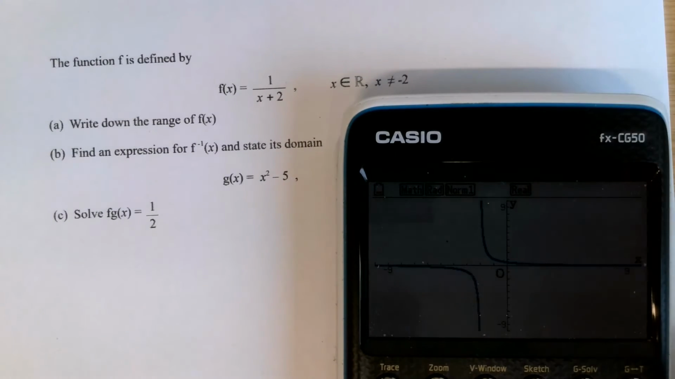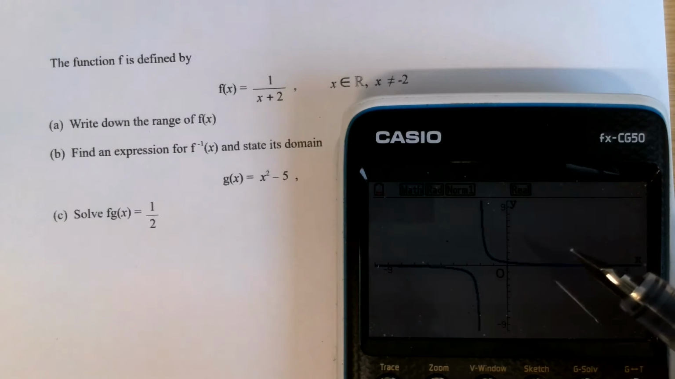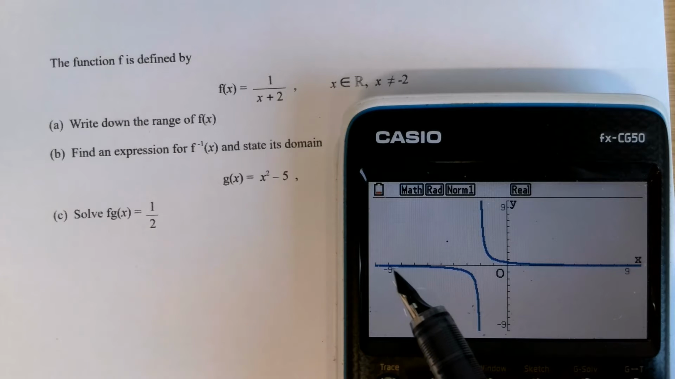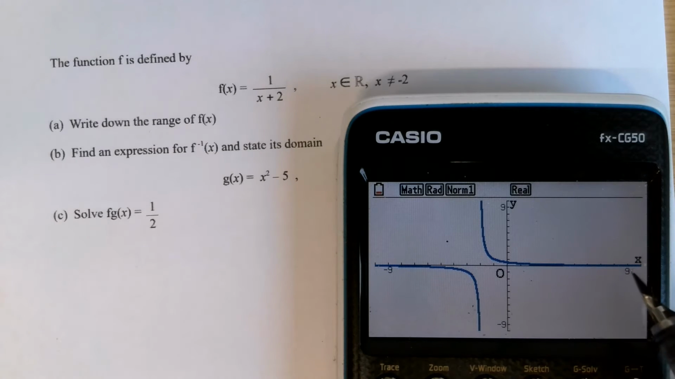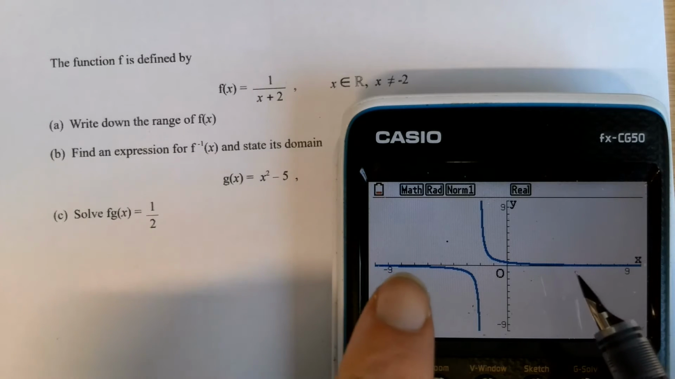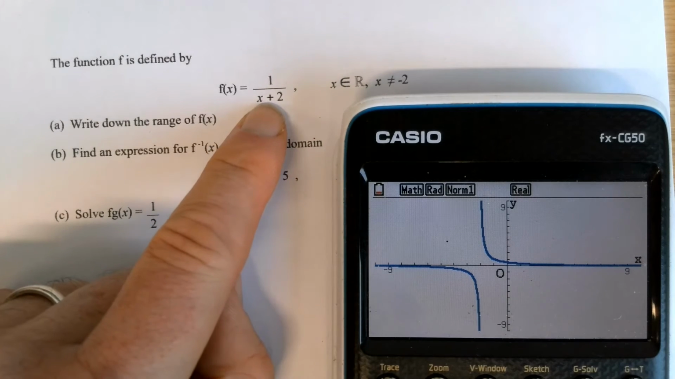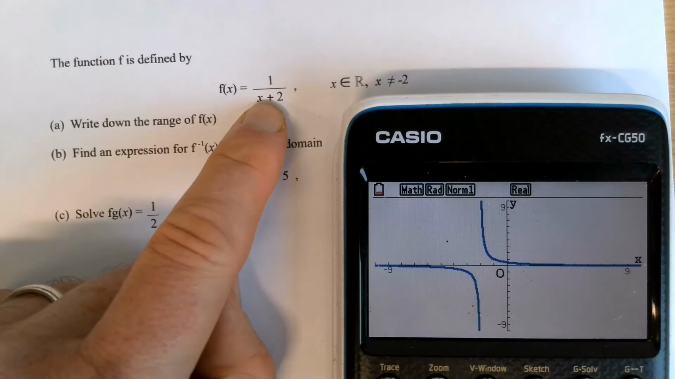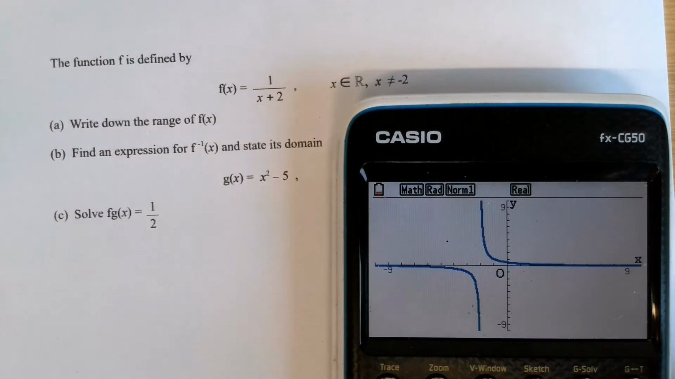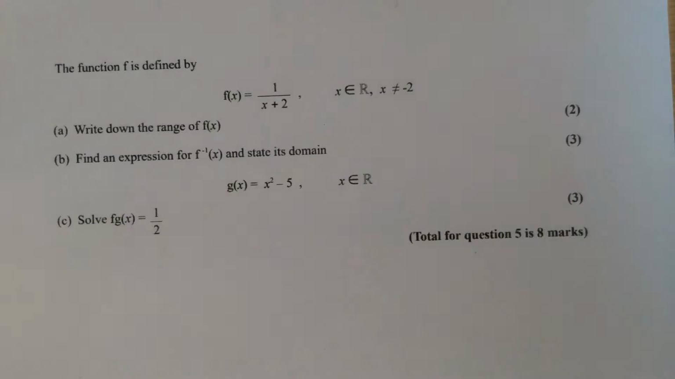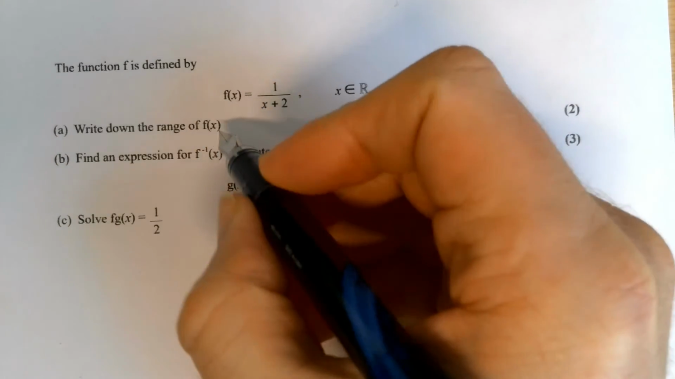Now the range is going to be quite similar because we've got all real numbers, but we don't have this asymptote here, which looks like it's 0. Is it 0? If you think about it, as x tends to infinity, y is going to get closer and closer to 0. As we don't actually have infinity, we can't really go there, so that's why we can't have 0. So the range we can write down,